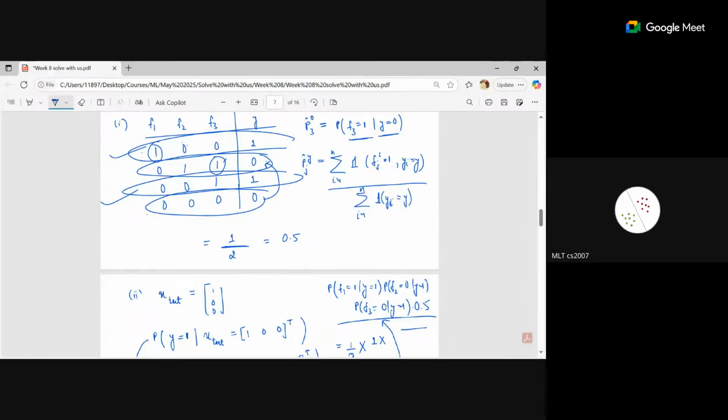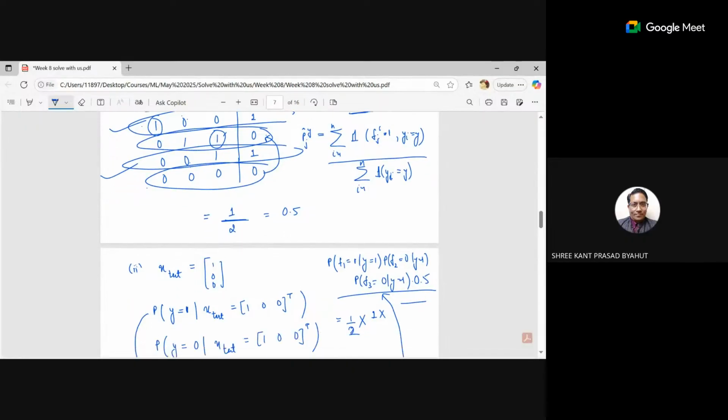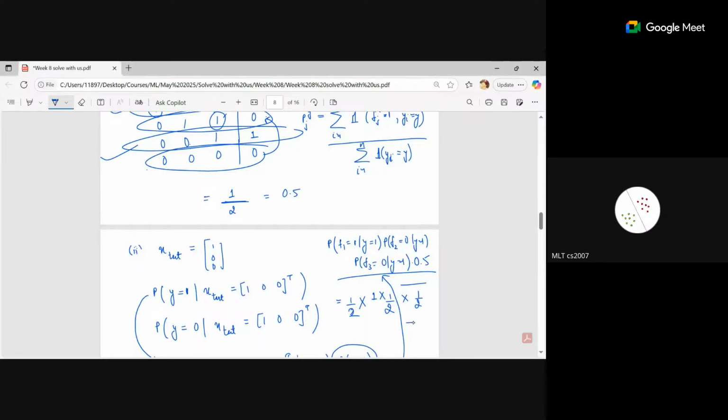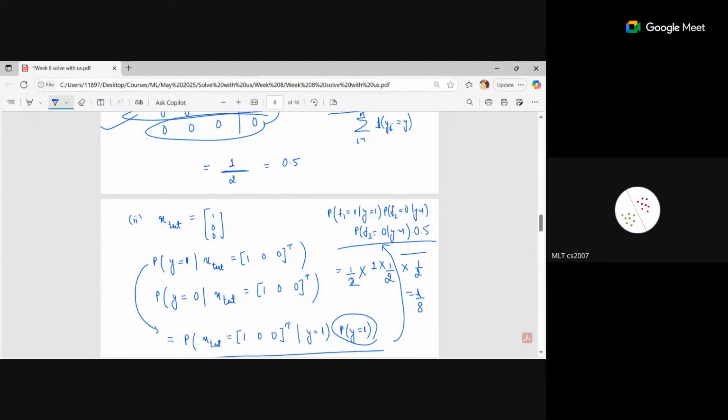Again, that is going to be 1 by 2, because we have to only take the value of y and only take the data points of that, right? That is how you find the estimate. If you remember, 1 by 2, 2 by 2, 1 by 2 into 1 by 2, again from 0.5. So we get this to be 1 by 8. This is just the numerator part. The denominator part we can ignore